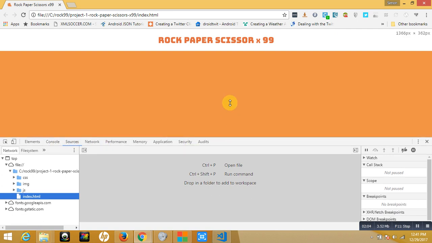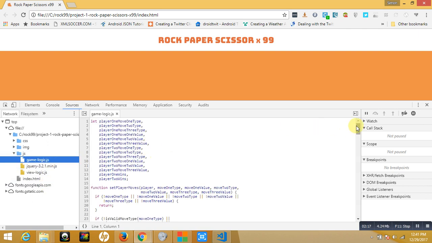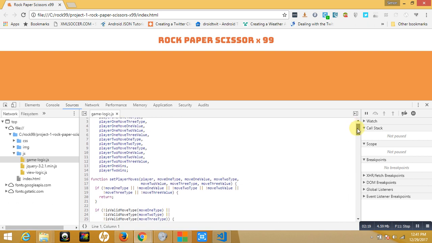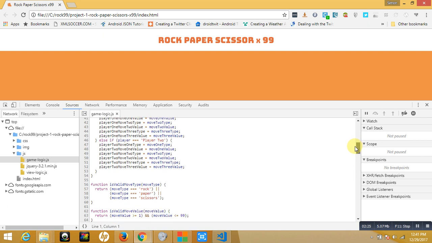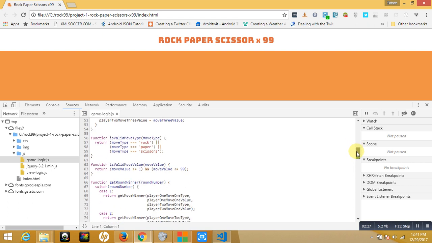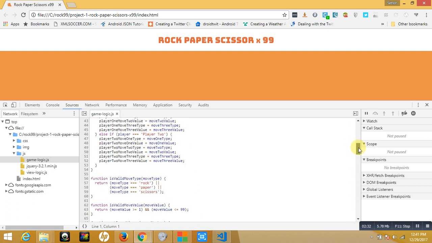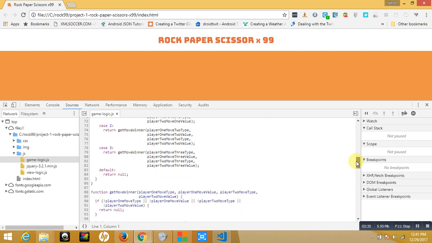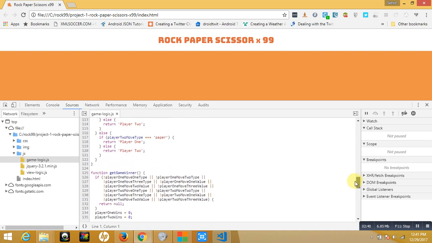Now what sources is, basically, is all the files that make up your application. So you can see I've got rock99, JS, index, and then I've got the game logic, which should be extremely familiar to everyone because this is the file we needed to work on. And as you can see, it's the raw source code. So why would we want that? Well, basically because what we might want to do during our development is step through and figure out what's going on at any point. So what I'm going to do is put a breakpoint on